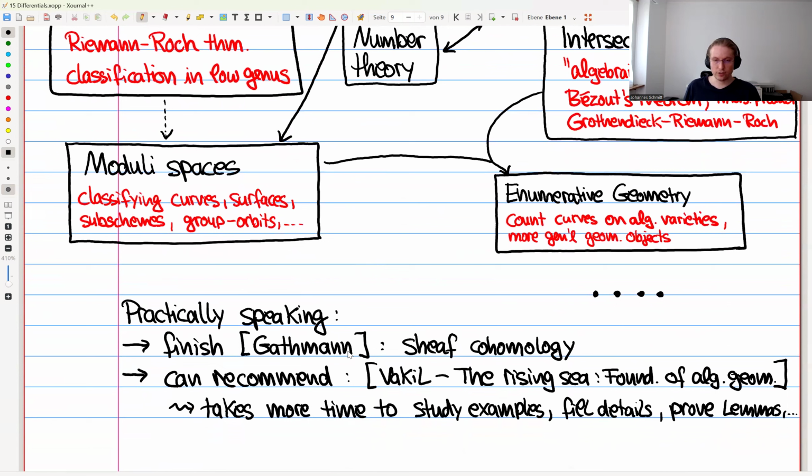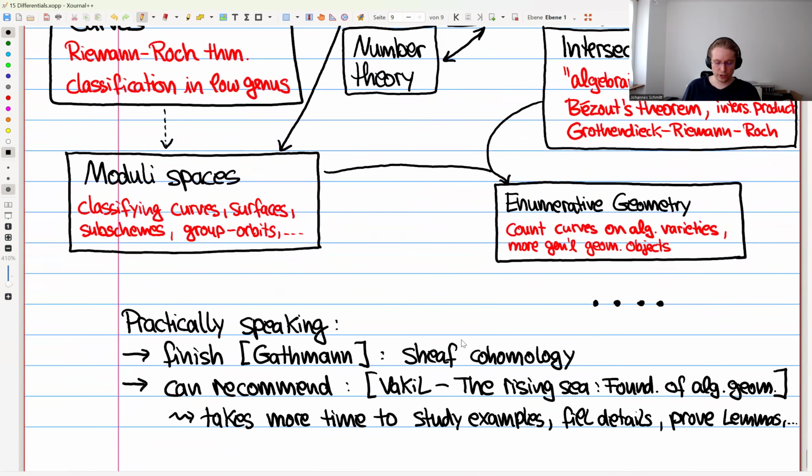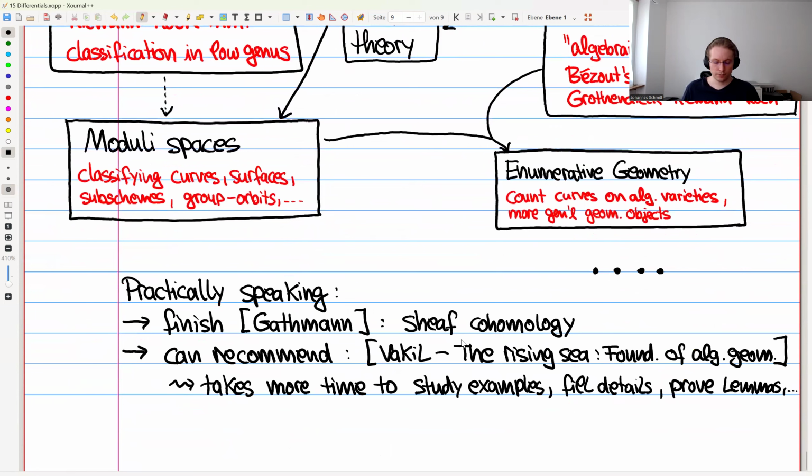Because what is introduced in the last part that we didn't cover is exactly the sheaf cohomology, which is kind of important. And now you already learned all the language that Gutmann prepared. So if you intend to continue to these applications, then it makes sense to finish up learning about this concept. And then